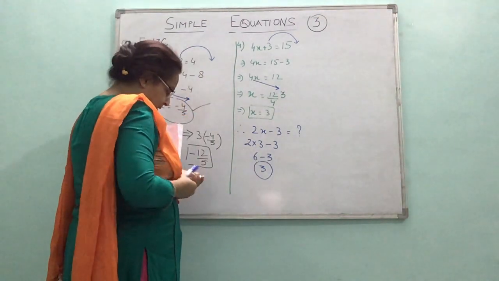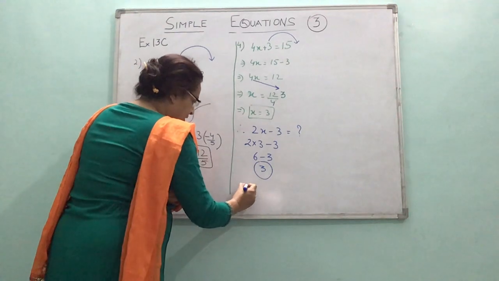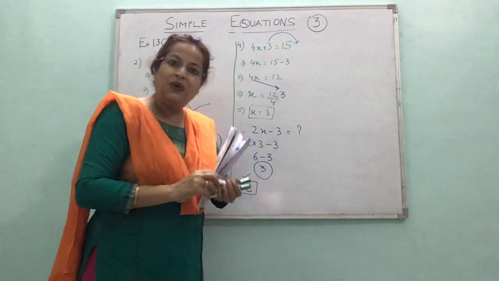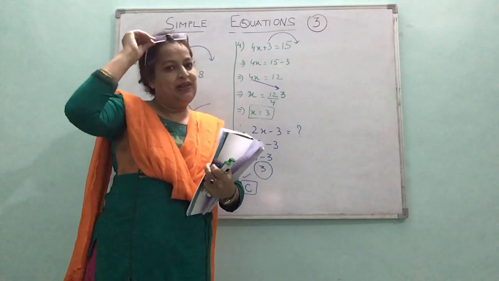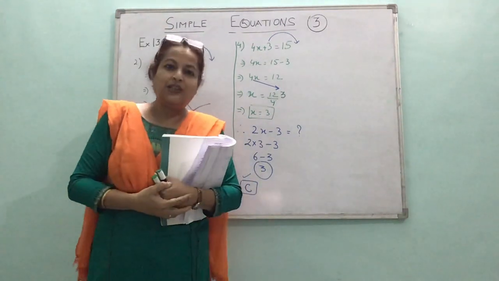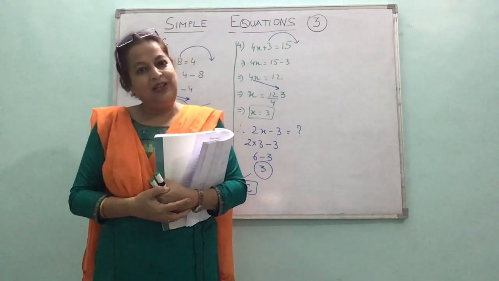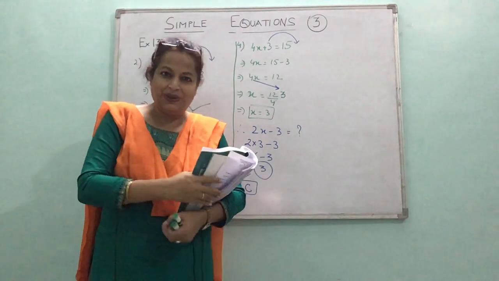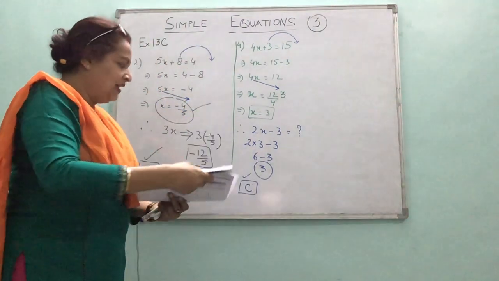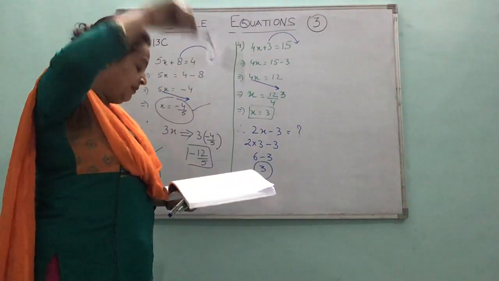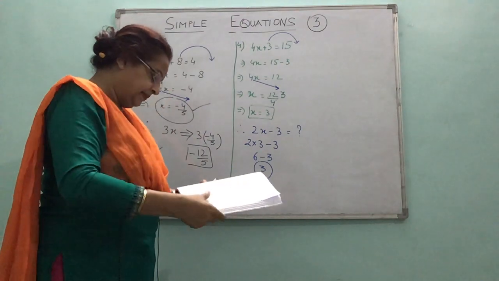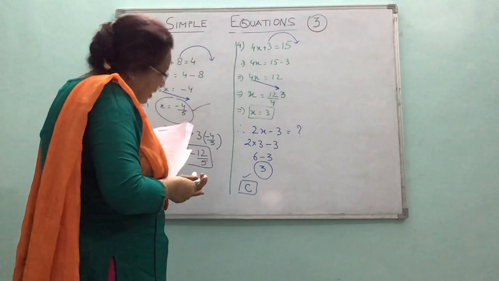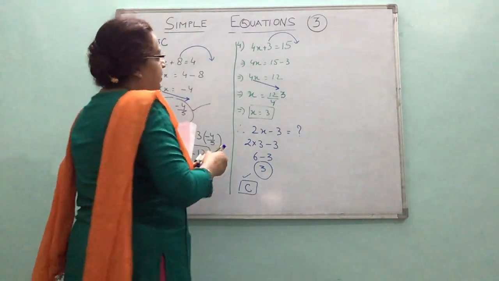So what is the correct option? Option C is the correct option. Now you can see multiple choice questions we cannot do orally. It has to be done by solving it. So all this working is to be shown, only then you will select the option as the correct option. Okay? Now let me take one more question. Question number 6. We can do it there only. Question number 6.